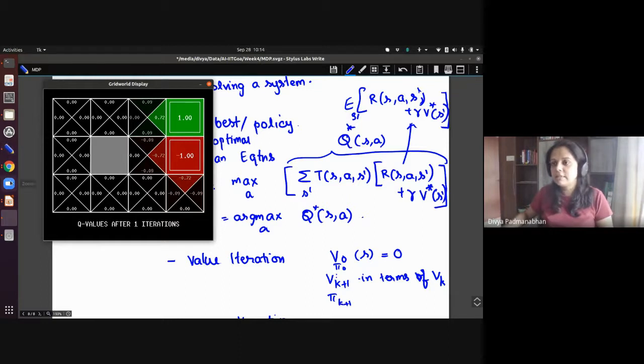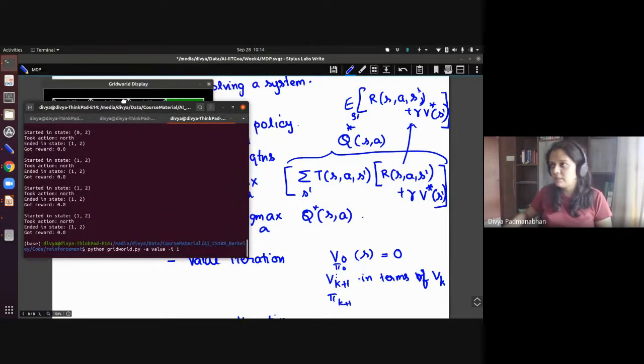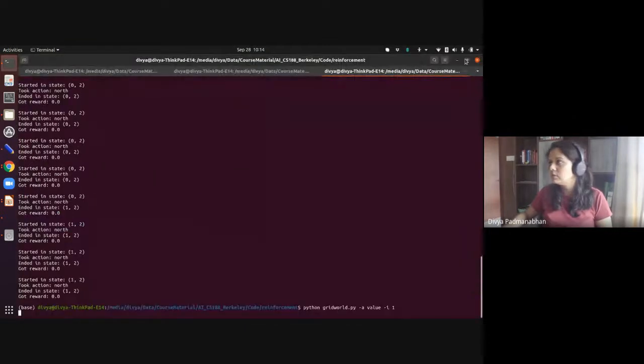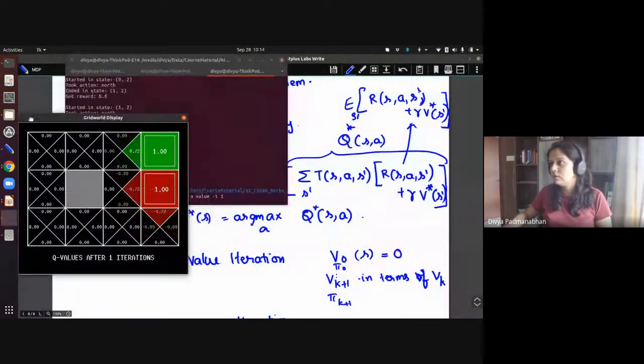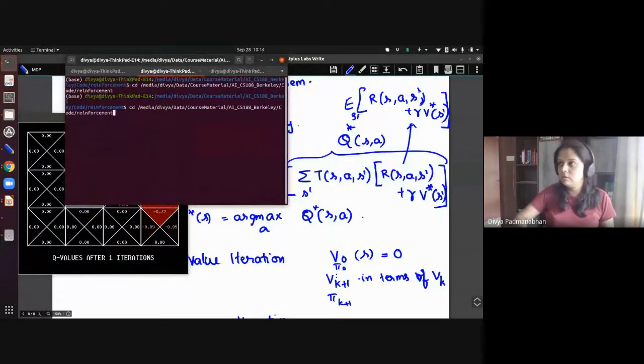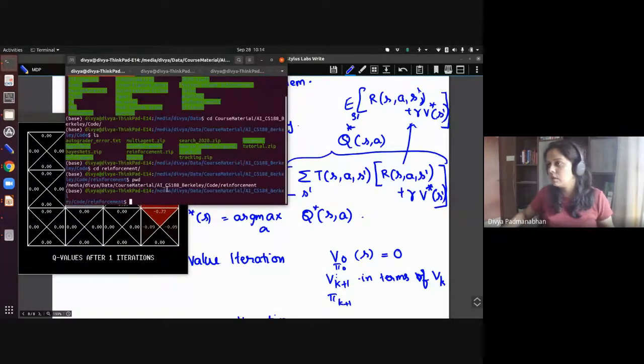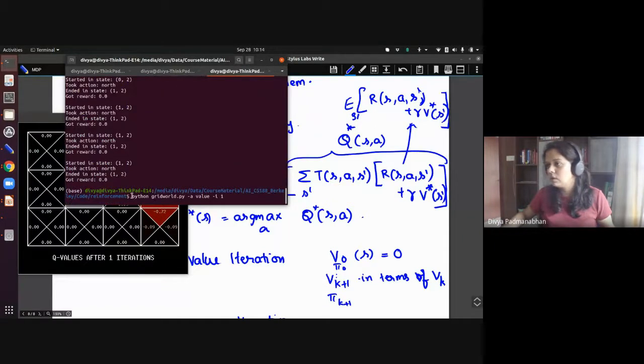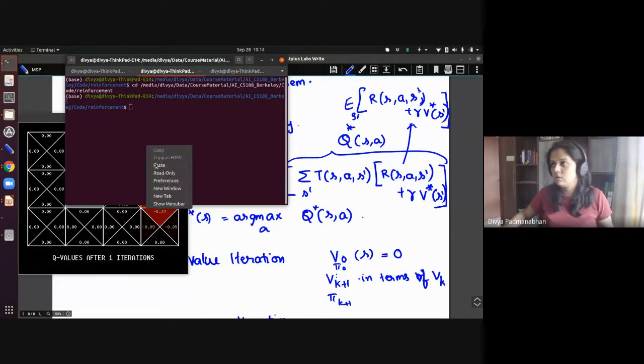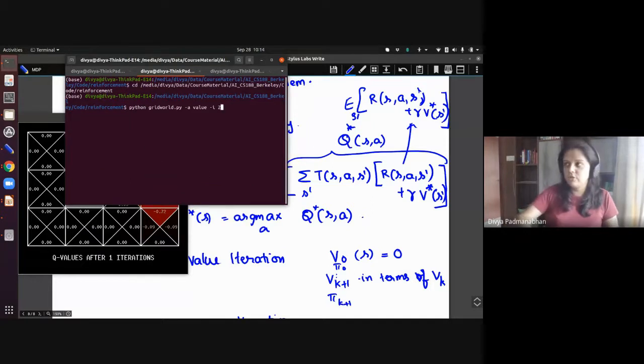Now let us see what happens after one more time step. So we'll just do 2 iterations now.